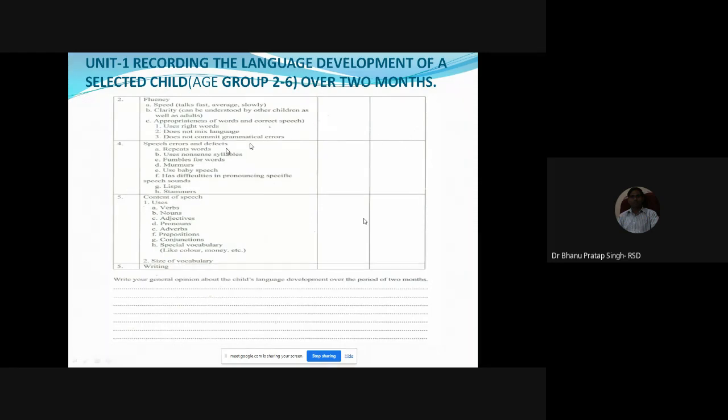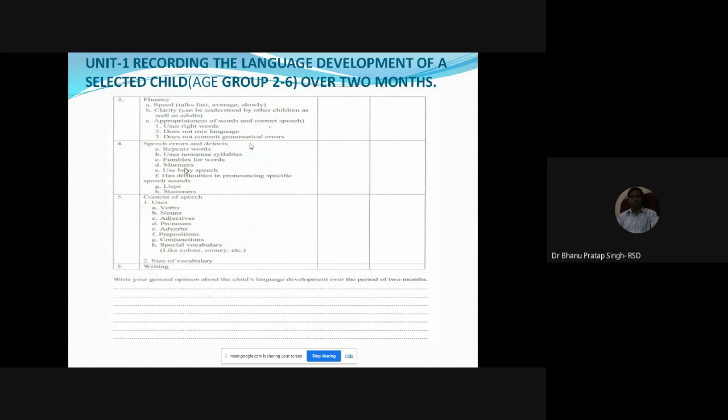So you, as a teacher, as a researcher, as a mentor, have to write your observation followed with your specific opinion. So the next parameter is speech errors and defects, whether the child is repeating the words,